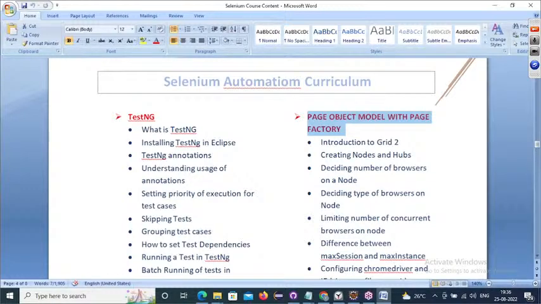And next, coming to the data sources. We are automating the steps. One scenario will have a number of steps. Every step requires some test data. Where can we store the test data? We'll store the test data in some external sources. We have various external sources, like XML files, properties files, Microsoft Excel. Like this, we have various data sources where we can organize our test data. So 6 to 8 hours we'll be working on